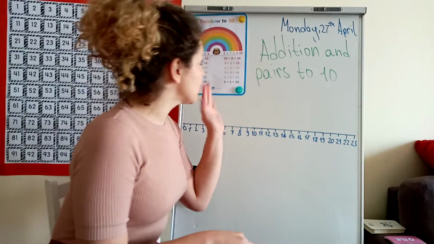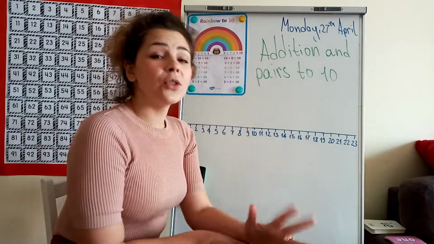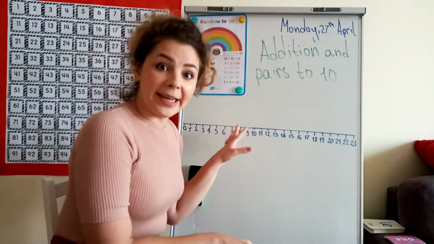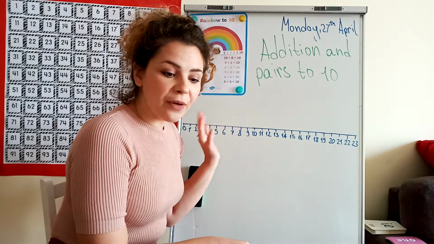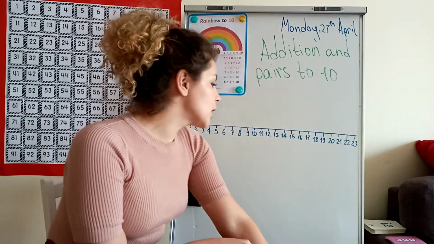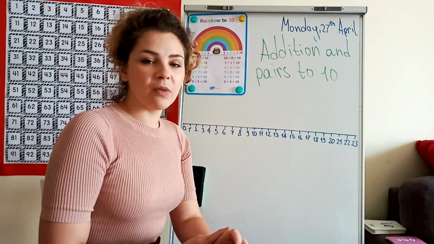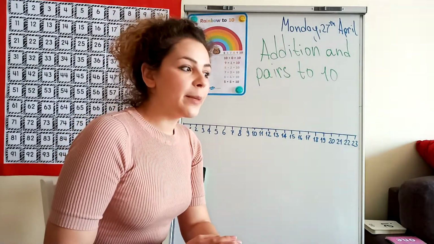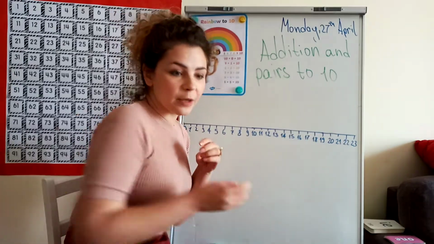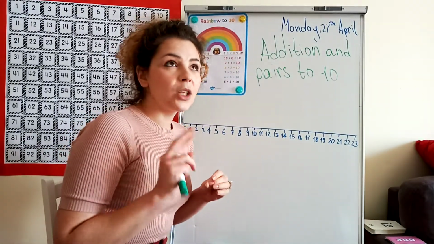Please take a look at what I have here. The title is Addition and Pairs to 10. So these are the things that we're going to be doing today. First, I have a number line here, and I'm just going to very quickly remind you and practice with you adding on a number line. This is something we've been doing for a while, and in the past few lessons, we did this quite a lot. And then after that, we're going to revise two more ways